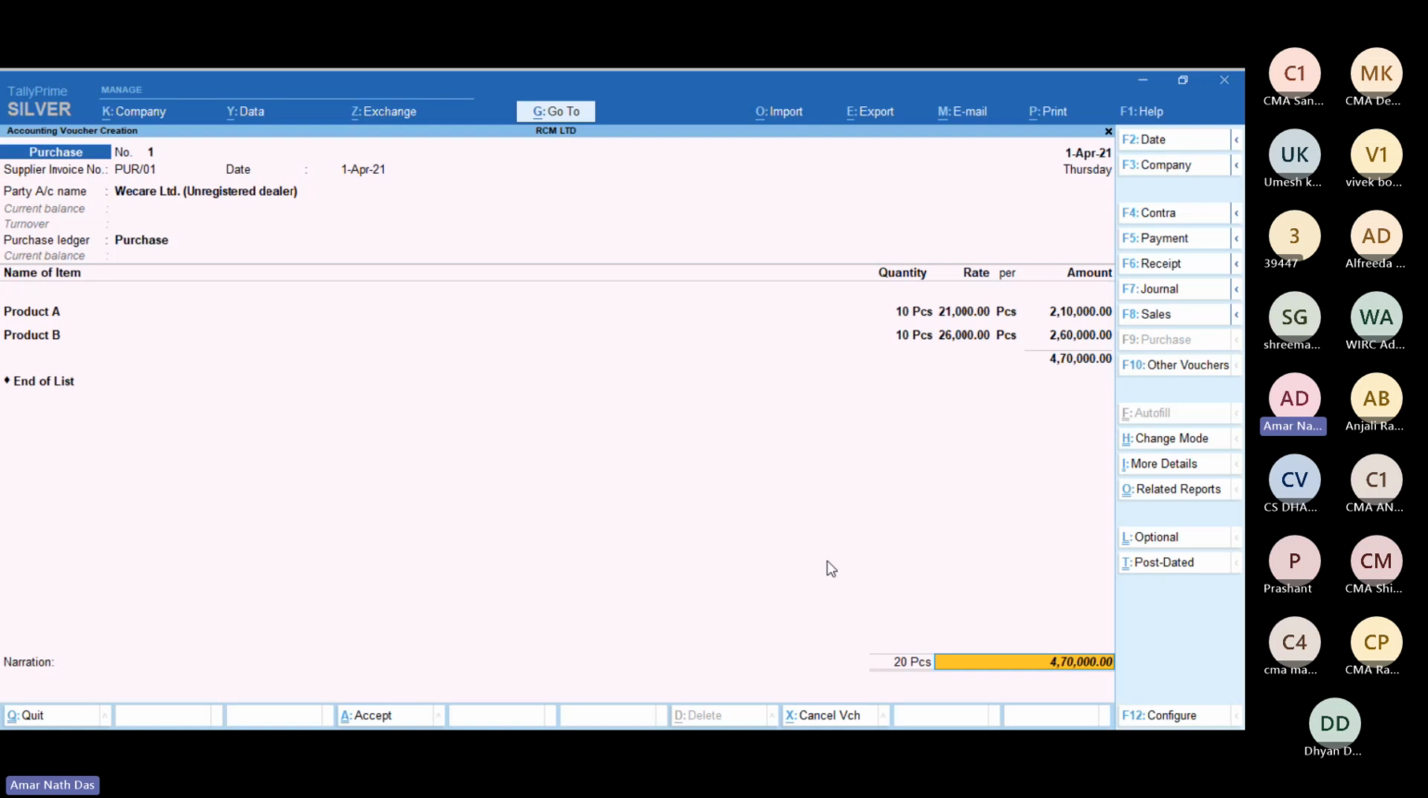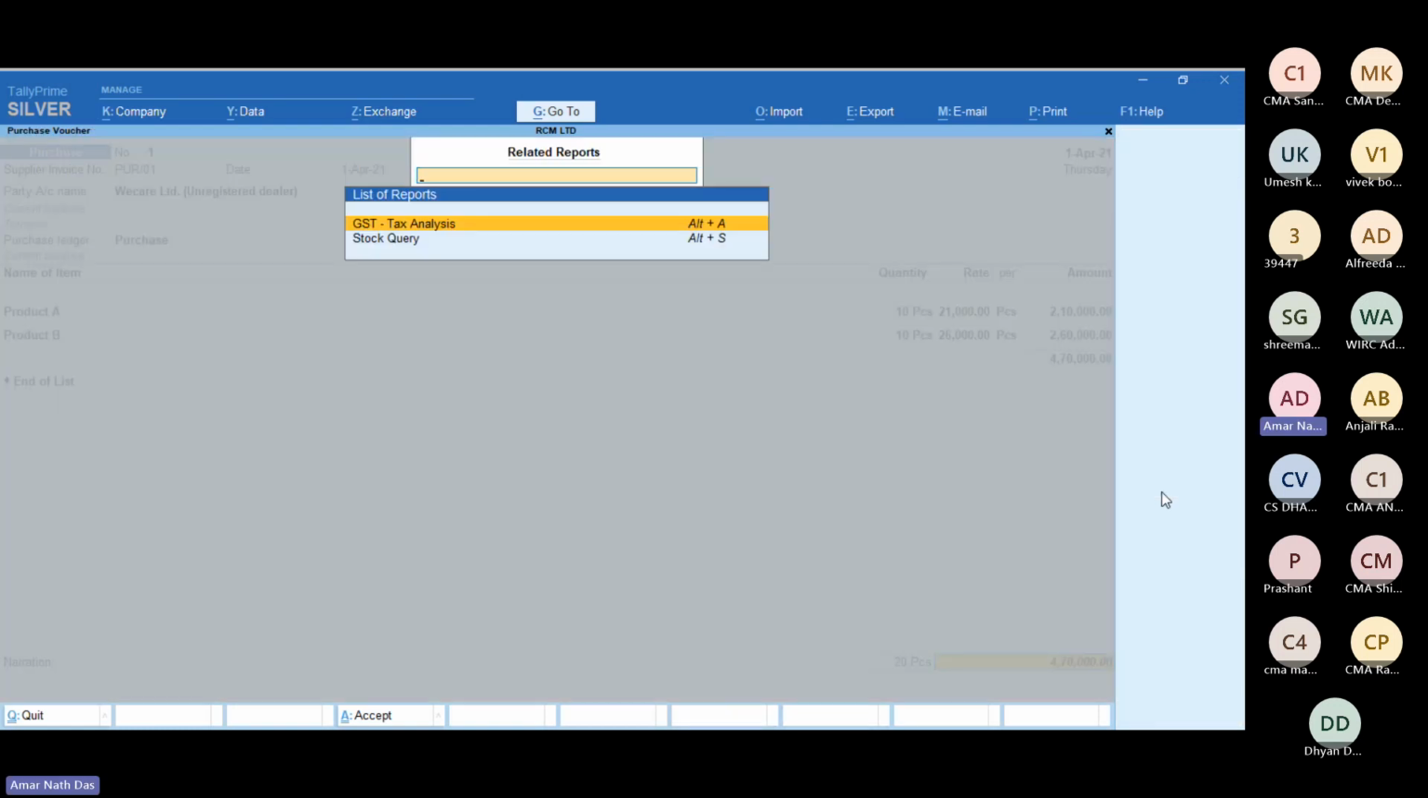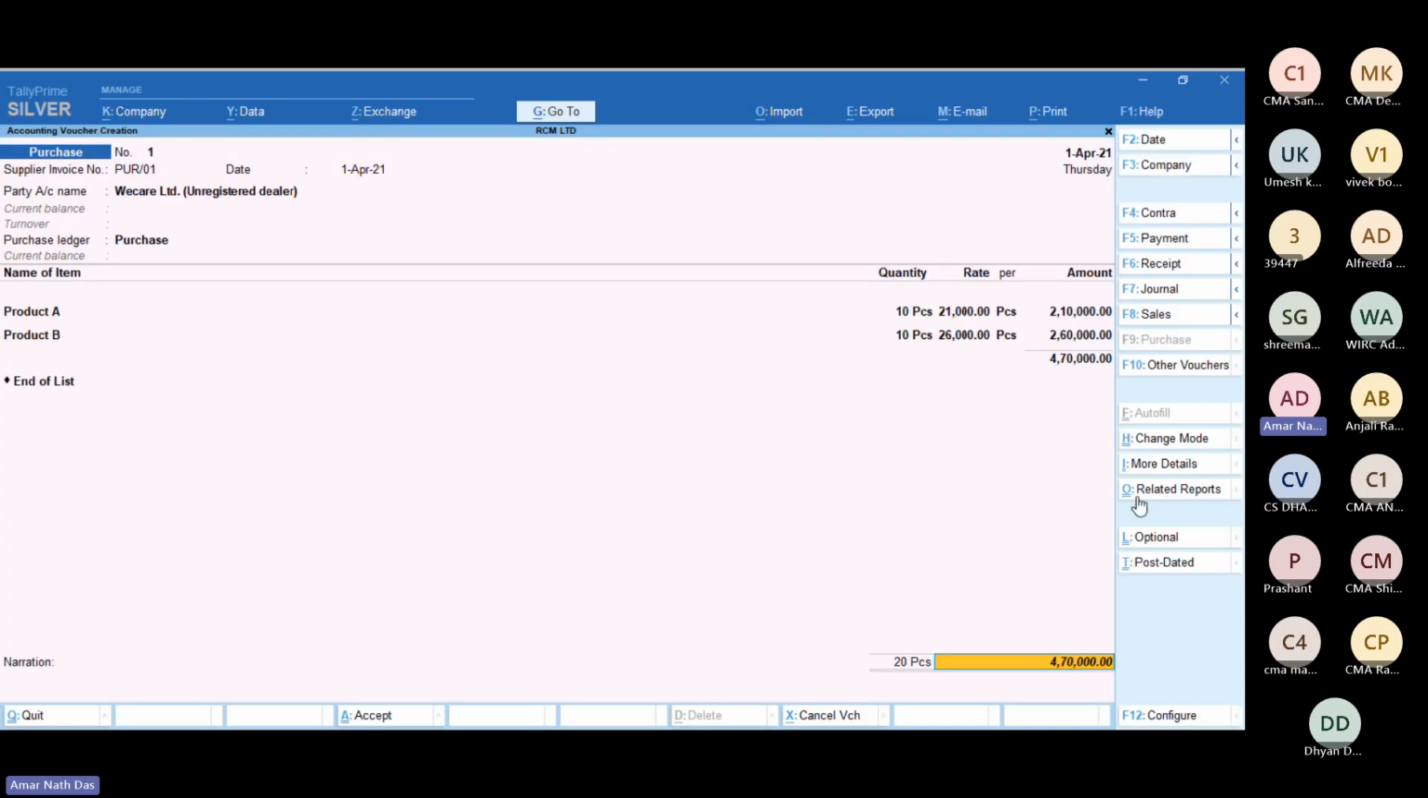So how to get this applicability? There is an item which is called related reports. When you click on related reports, I repeat again, this is the purchase voucher. Right hand side panel, you will find related reports. I click on it or